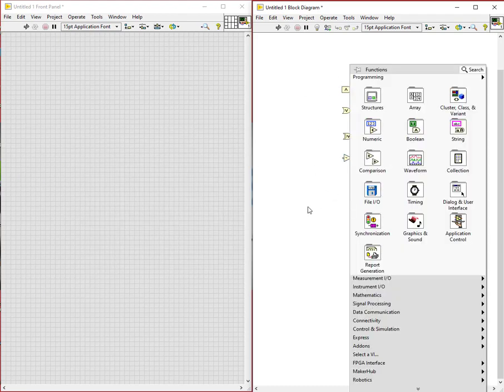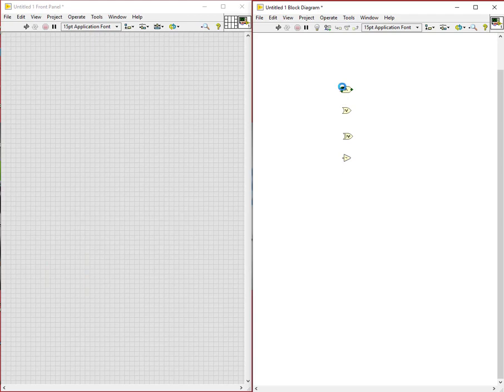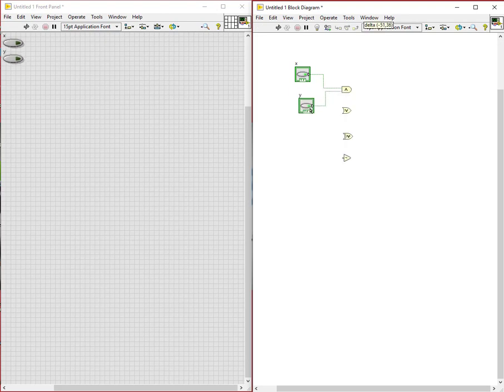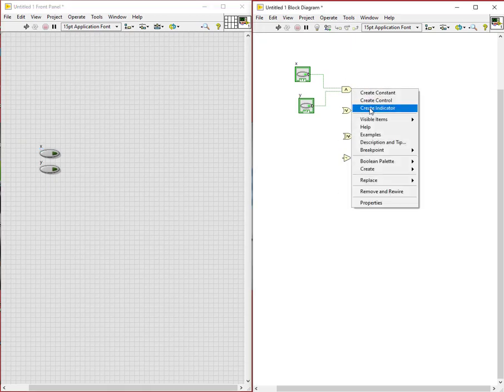So what I do is I'll just add some controls to this one. I have added a control and I have added another control. You can see the controls are very simple and they look like switches. Here we need only switches. I create an indicator, which will be an LED, because an LED is a component which takes positive and negative.